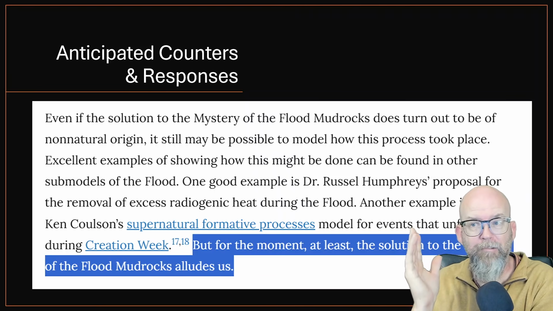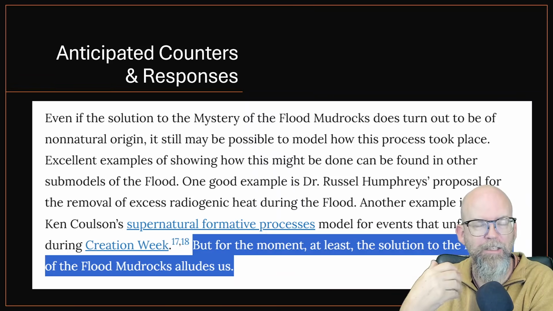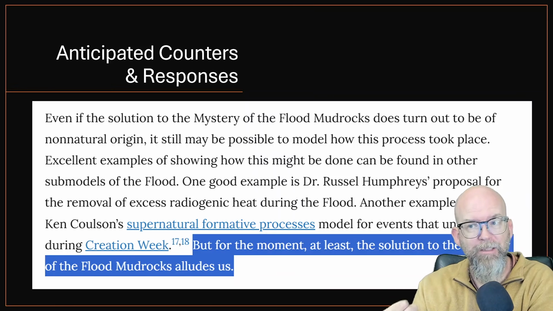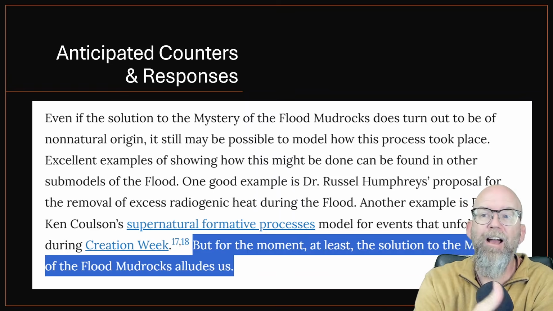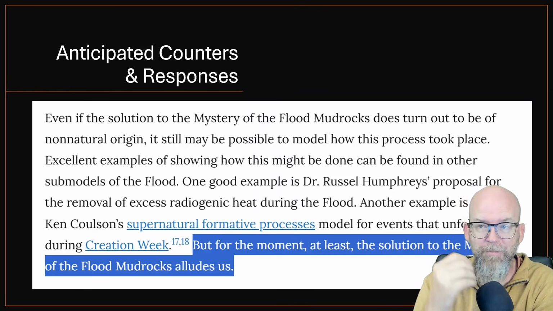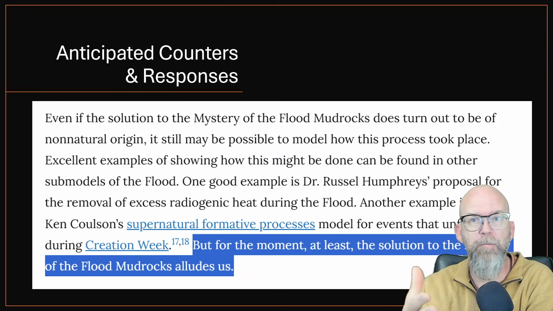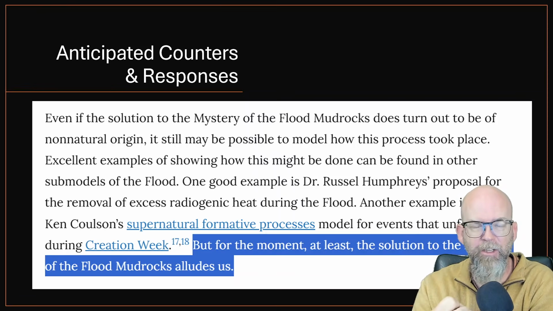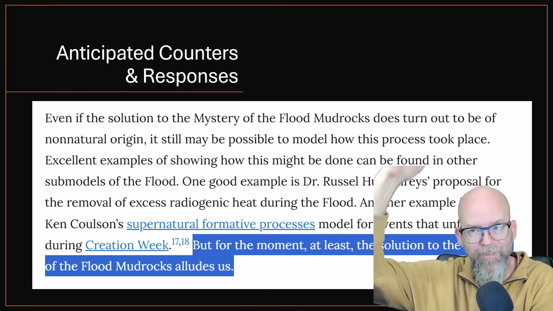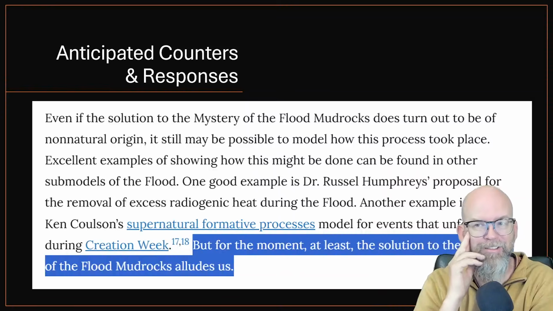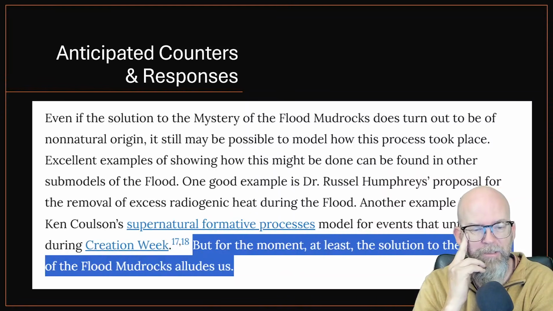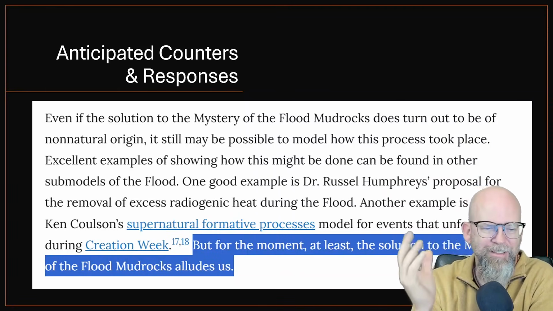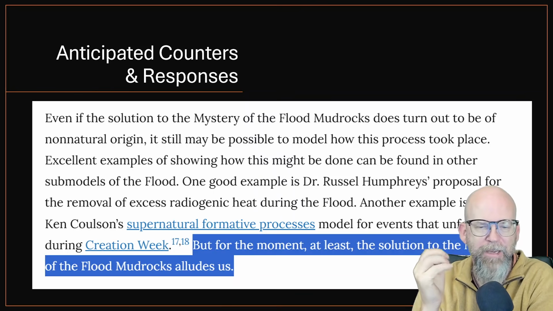It don't work, all right? It does not fit this problem. This problem is not solved by any known natural mechanism. And therefore, one possibility would be to turn to what? A non-natural origin or non-natural mechanism to explain how the mud got consolidated really quickly and lithified into rock in time to be able to hold up the thousands and thousands of feet of rock that are above that particular mud. And he goes on to say, like, well, excellent examples of how this might be done should be found